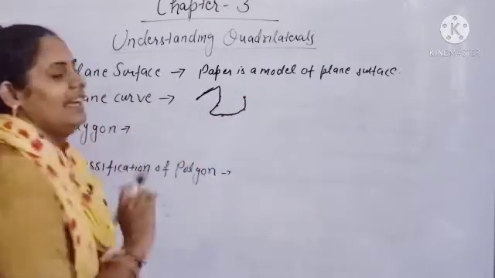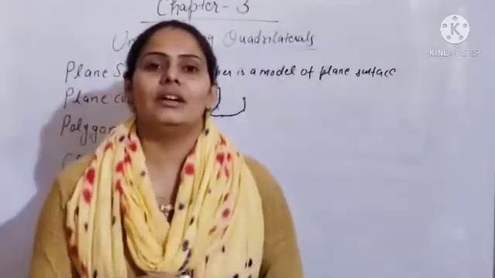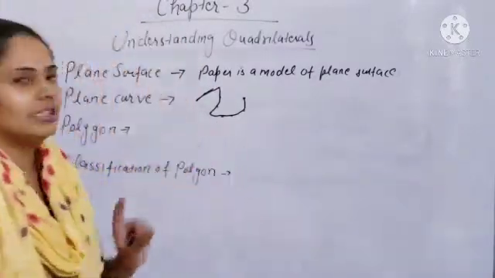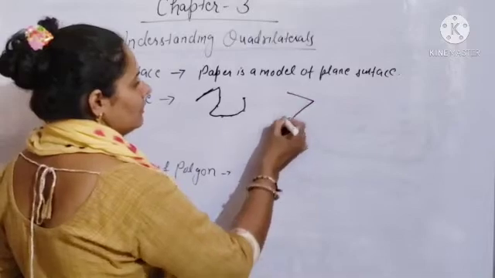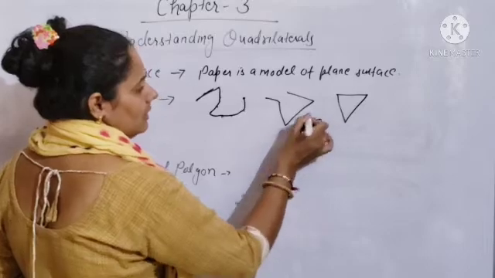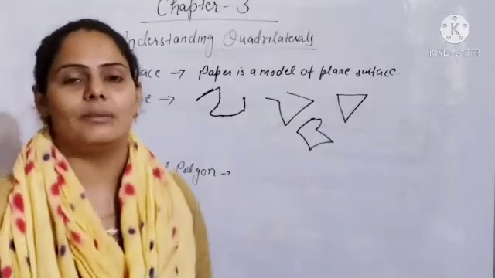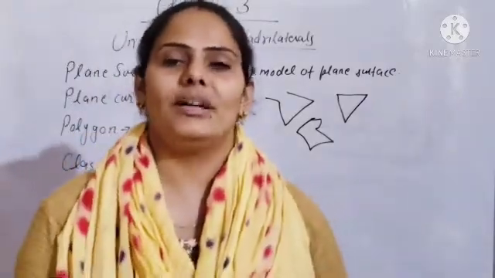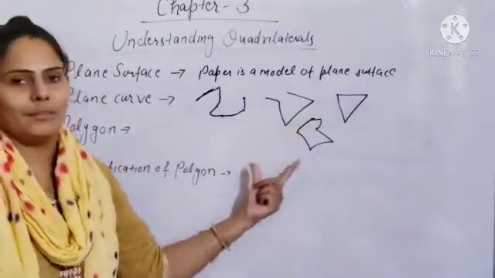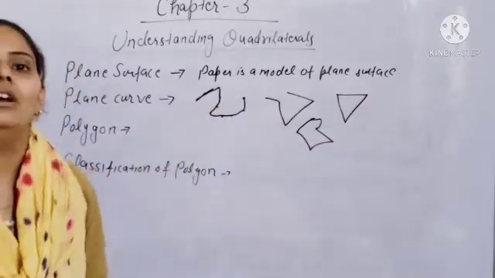Clear? So this is called the plane curve. So what is a plane curve? Simple, you join a number of points without lifting your pencil from the paper. You can make it like that also, like that. All these are called plane curves. So the definition of a plane curve is joining a number of points without lifting your pencil from the paper. You are making these diagrams, and a curve can be a simple closed curve or an open curve also.